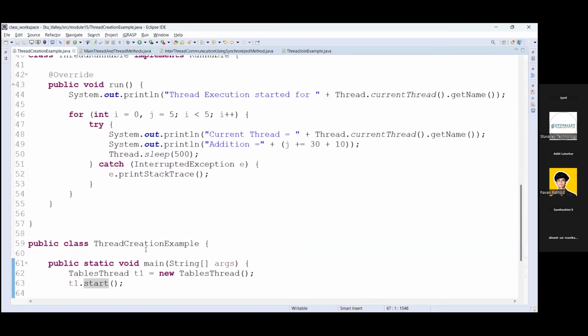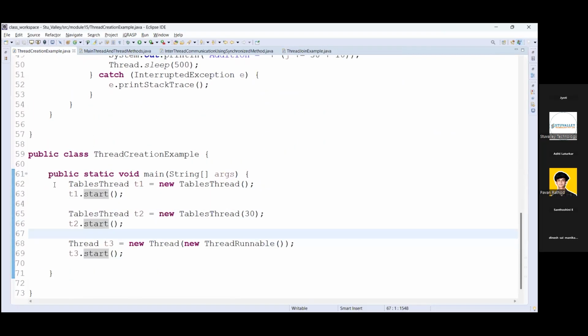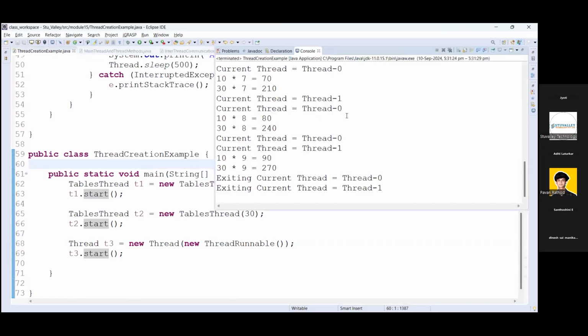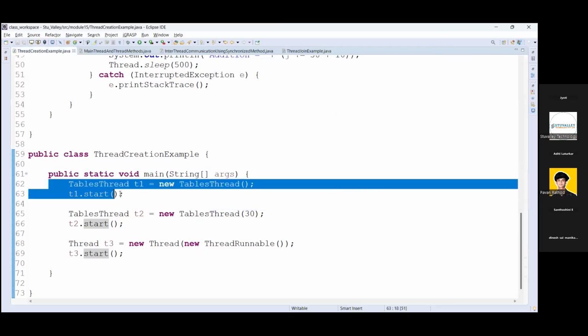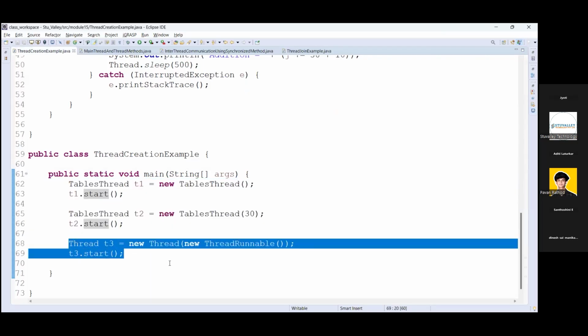So what will happen here, we need the join method, where the first thread execution will complete, then the second thread execution should start. That's why we will use the join method to overcome this problem, because we are not getting the kind of output we need. The 30 table should be displayed first, then the 10th table, then the next output. That means it should complete the first thread execution, then start the second one, then the third one.